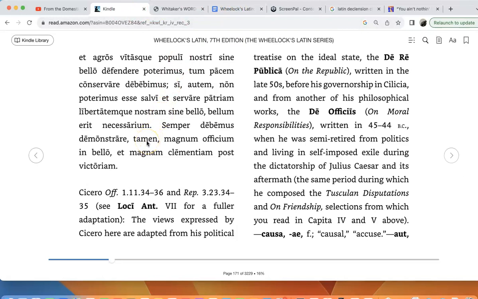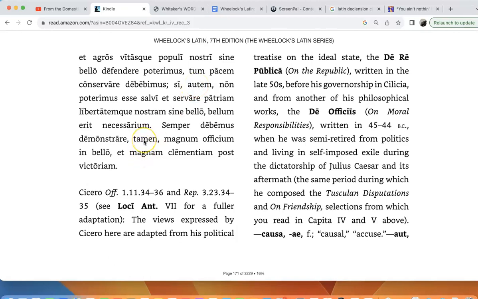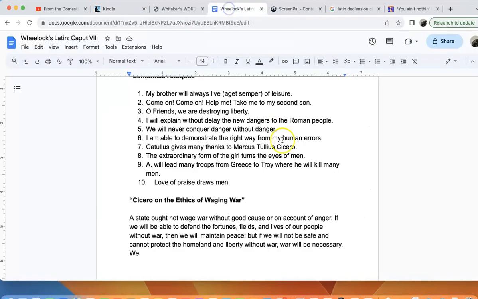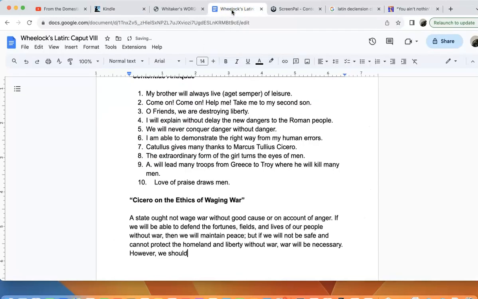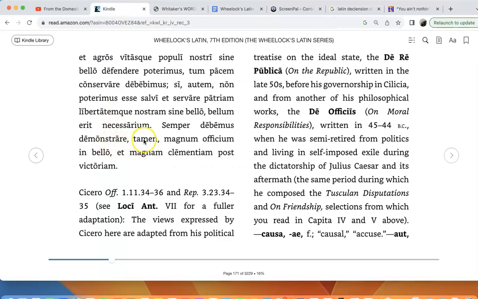So here they have the tamen. So we have autem, which means but or however. This can mean however or nevertheless. So since it's tamen here, I'm going to put that however first. So however for the tamen. And then just for stylistic reasons, and then mus is we. And then we ought always to show. That's how we're going to do that. So we should always show for demonstrare. So there's our infinitive. However, we